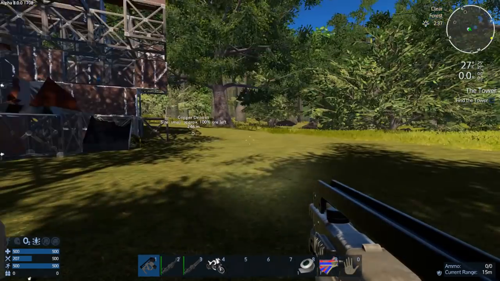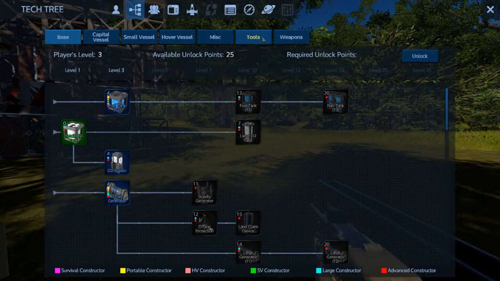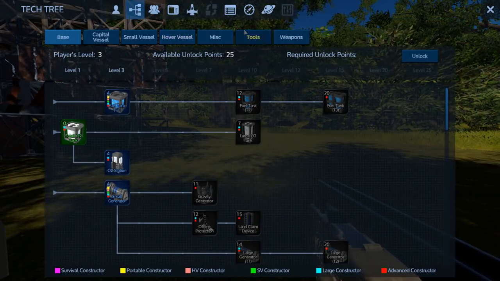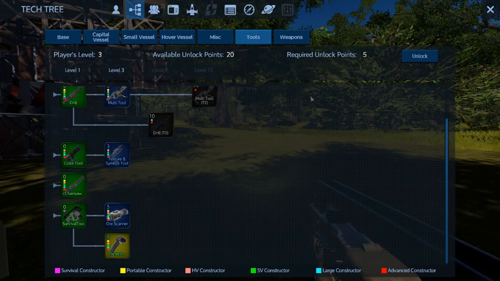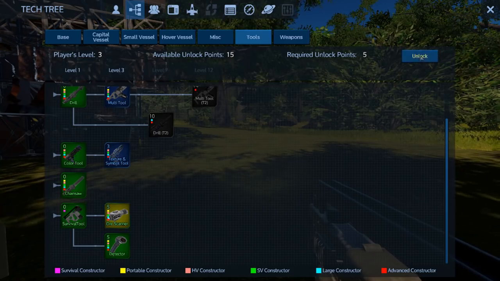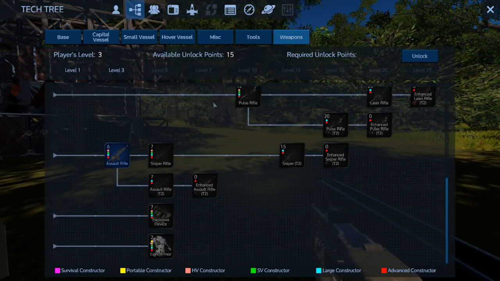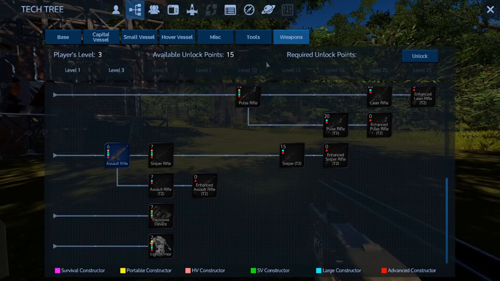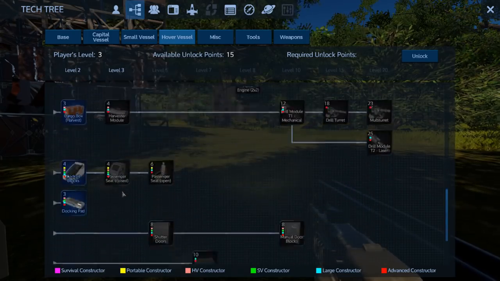Now while that is crafting away, I'm just going to unlock a few bits and bobs. So what I do need is I'm going to need a detector. I'm going to need an ore scanner. I'm also going to need light armor, but that comes at level 5. So again, I need those 2 levels to get there. But I should be able to unlock...